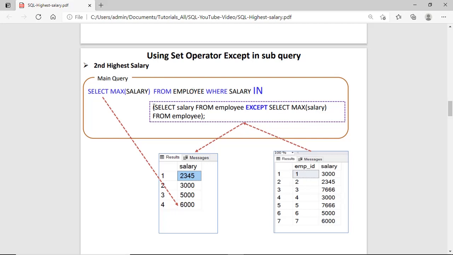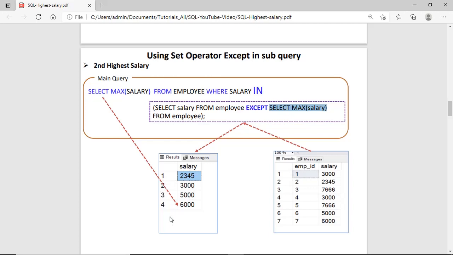Here you can see in the subquery we are using the first part and this is the second part: select max salary from the employee. So this will return the first part excluding, it means it will remove, the result from the second part. It will remove the salary 7666. The remaining result set is this one, 2345, 3000.